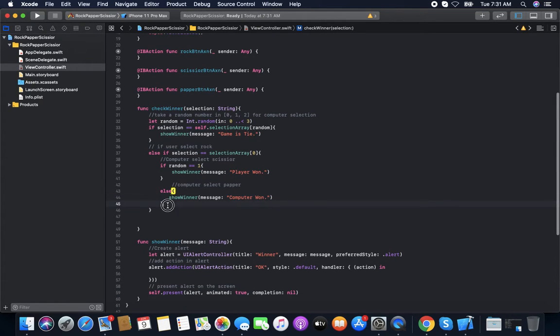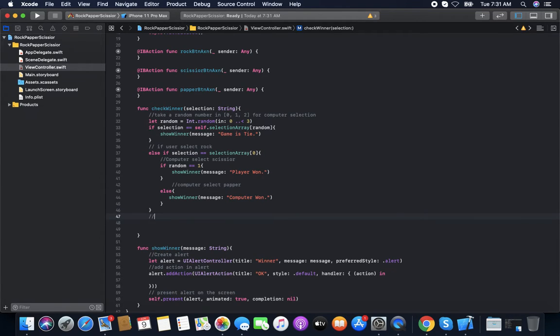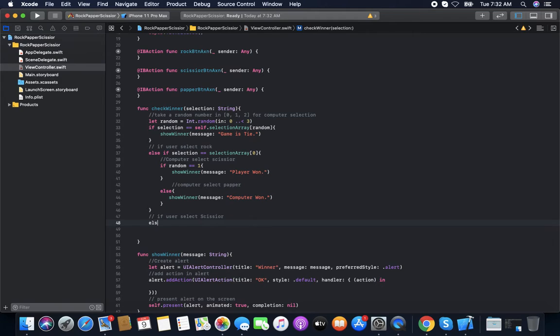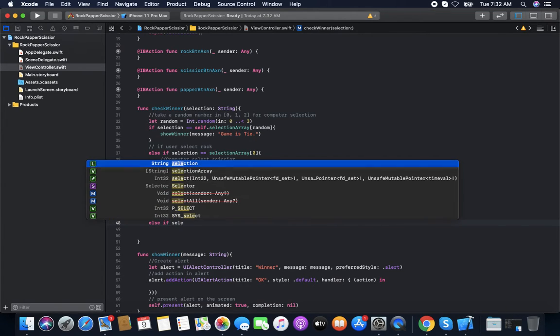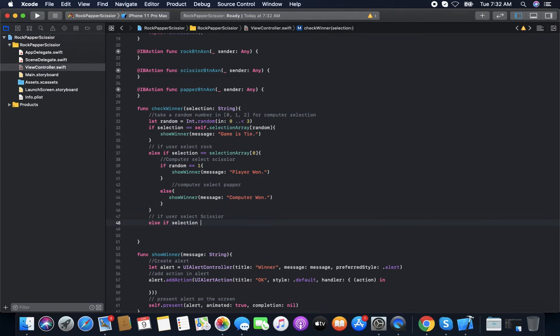Now, if user select scissor, so in else if condition, equal to.